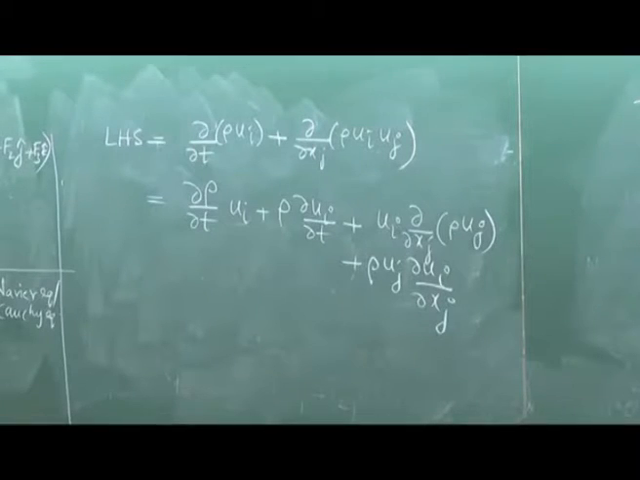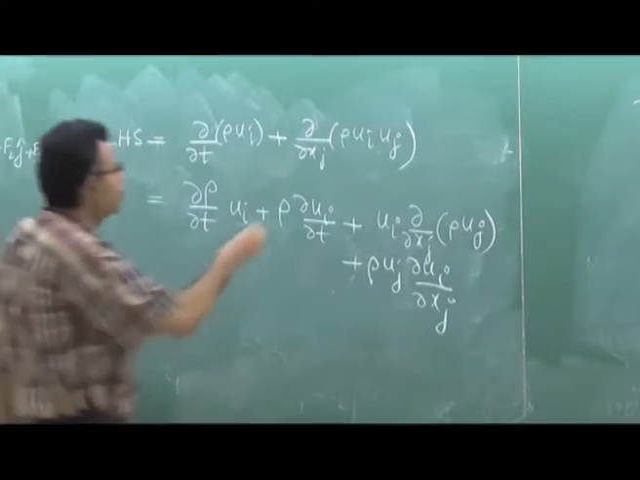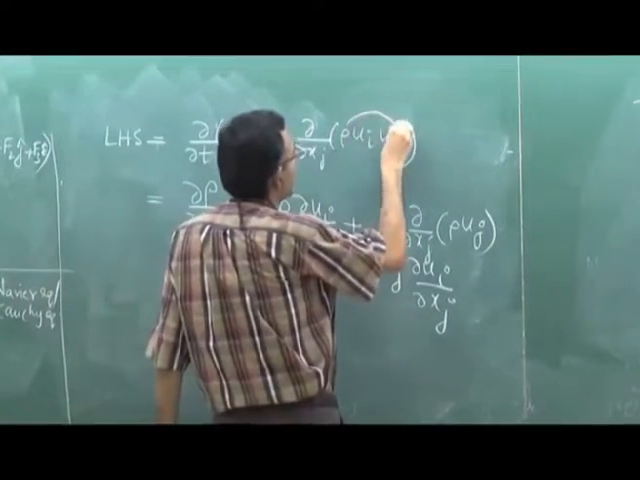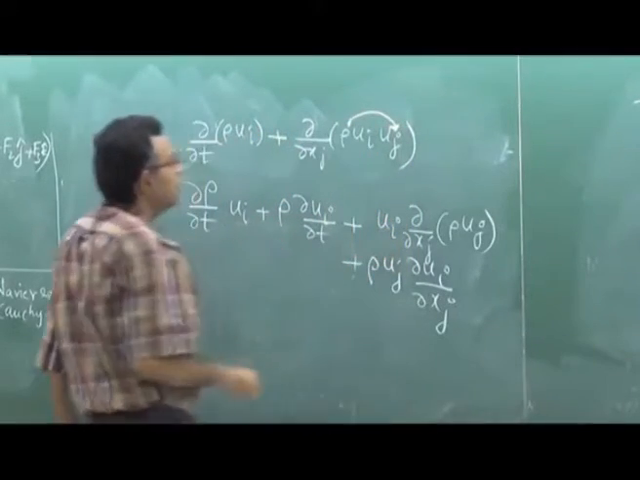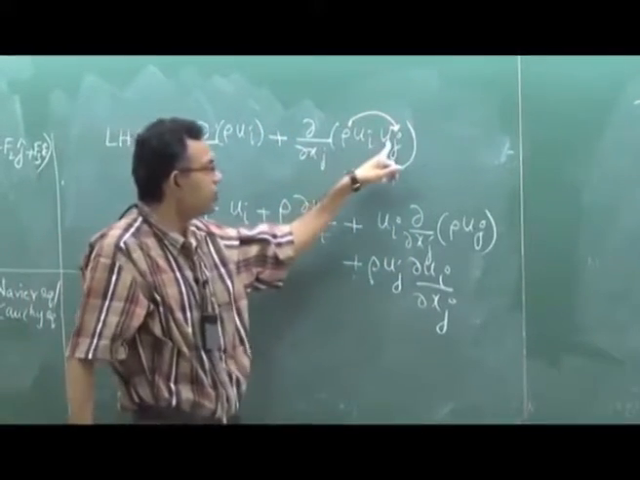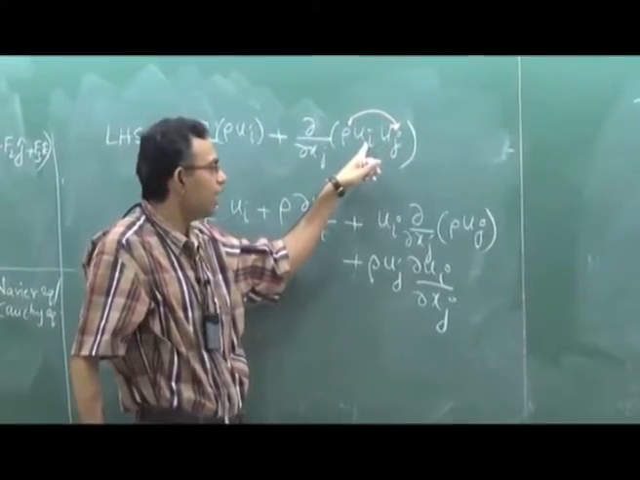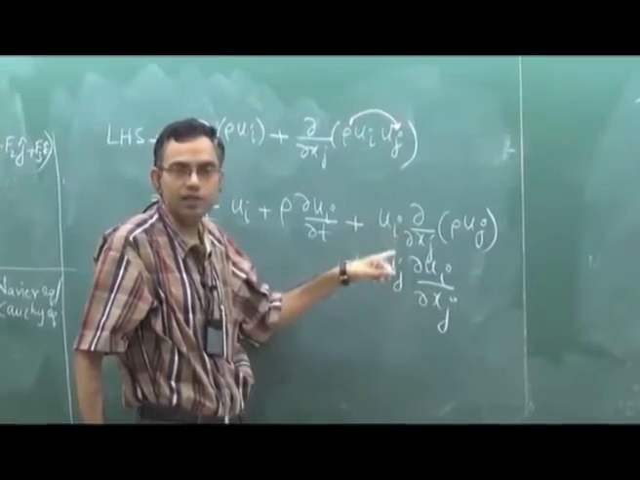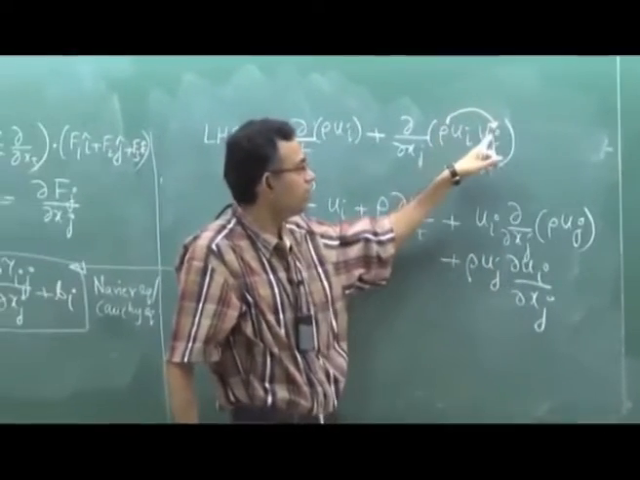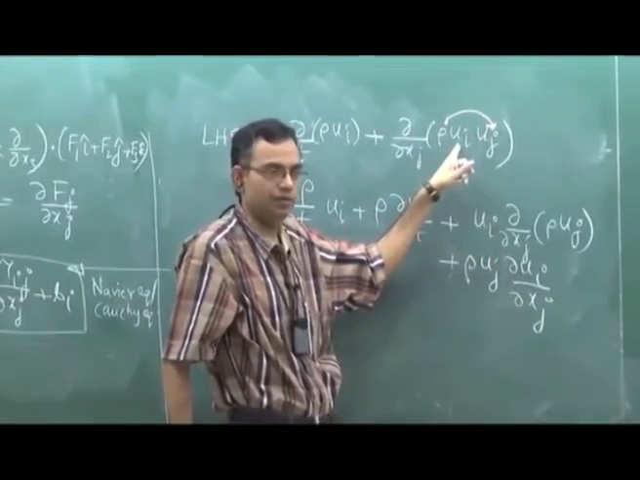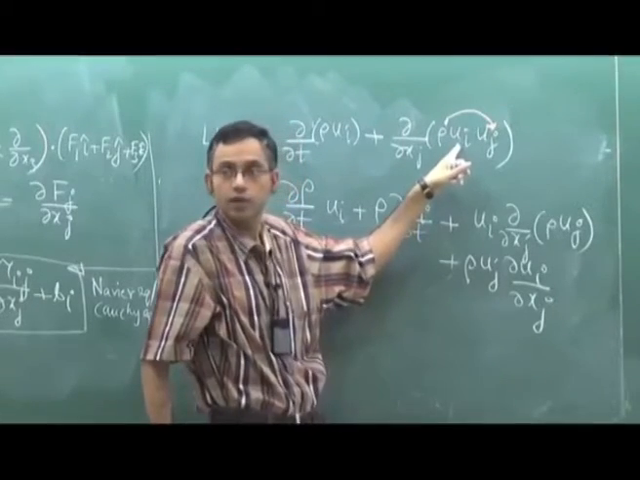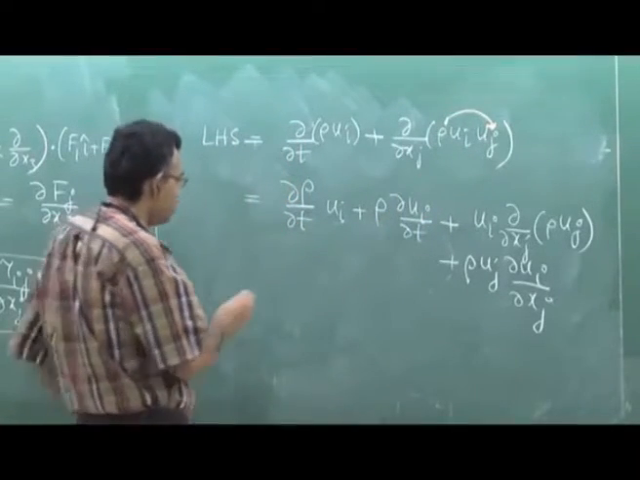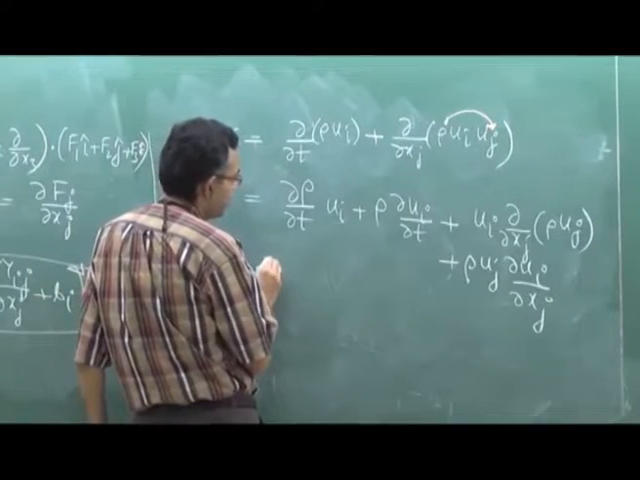So what we have done is, we have clubbed this rho uj and ui separately and have used the product rule for differentiation for the second term. Rho and uj together and ui separate. Okay. So now you can write this as